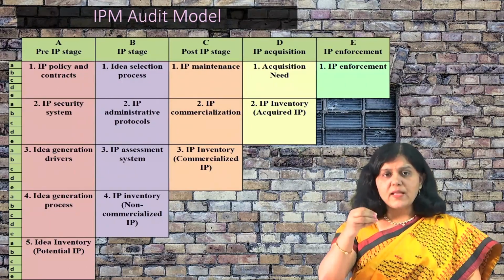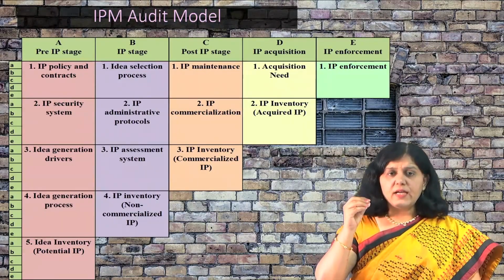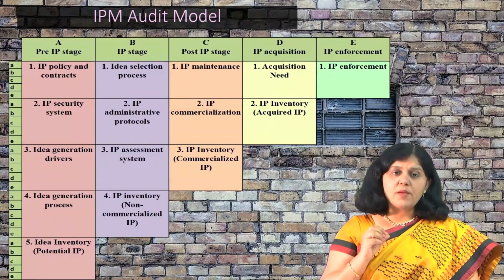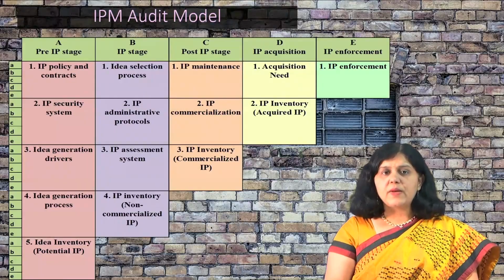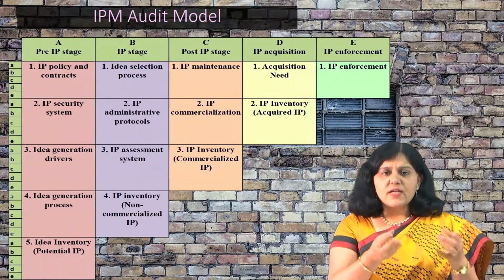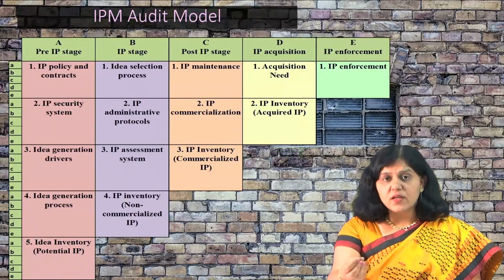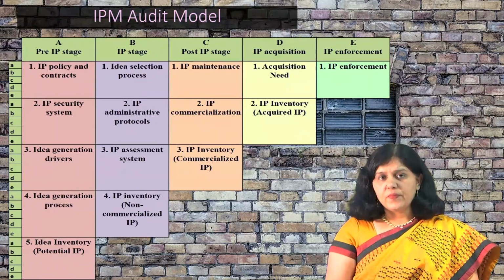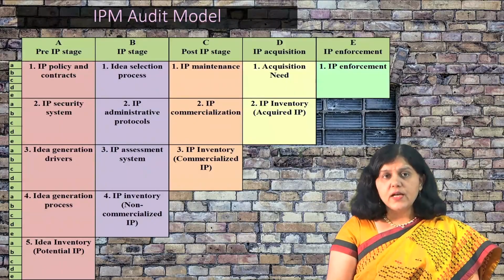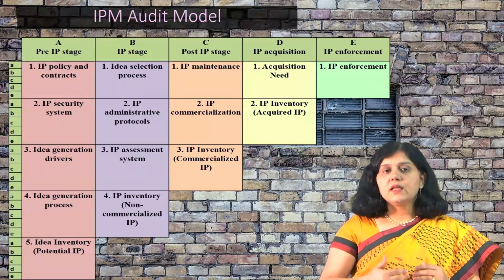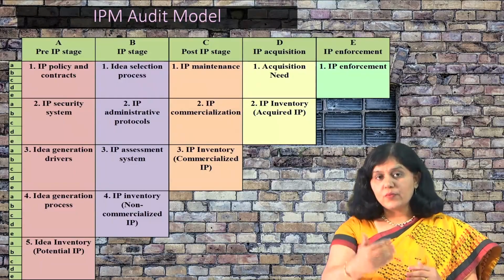So you can plan the activity: when I can probably generate IP, whether I should go for IP filing, how I can file a provisional patent. You can plan all of that. If you have started with 20 projects, you can at least think, okay, 2 patents we can file. That is a good achievement in 1.5 years or 2 years, right? And then you can start strengthening each of the processes.